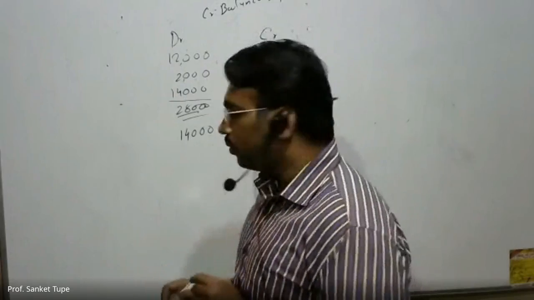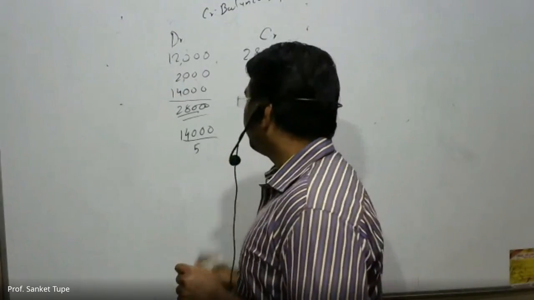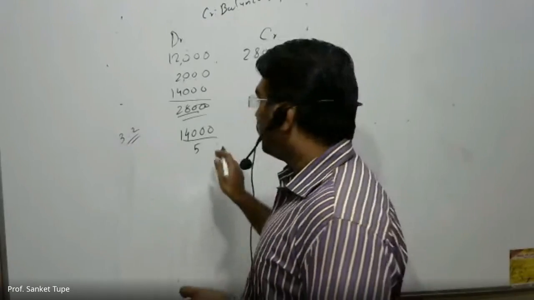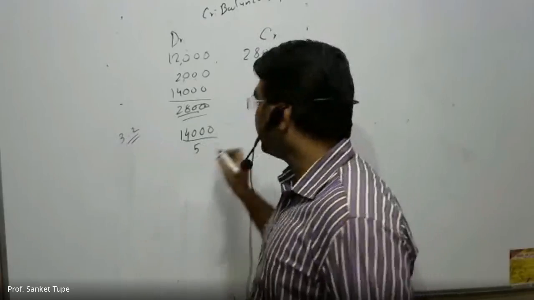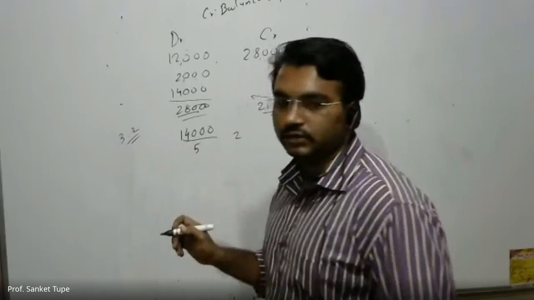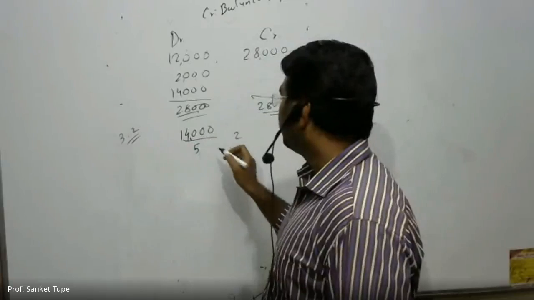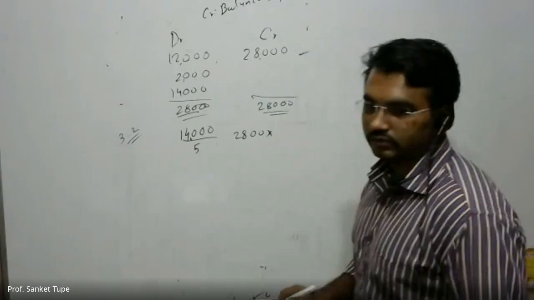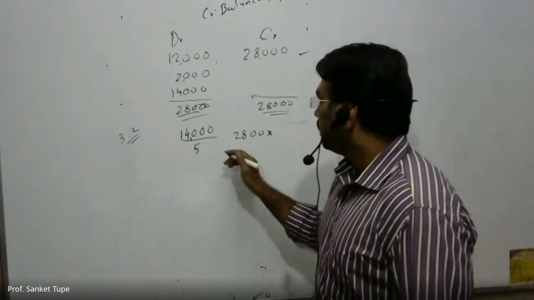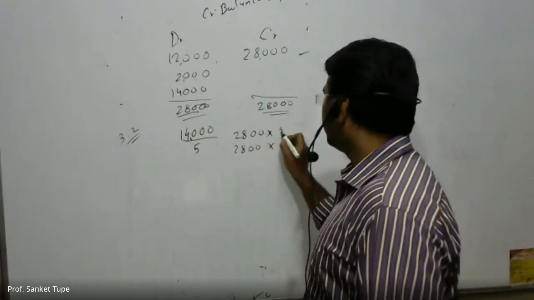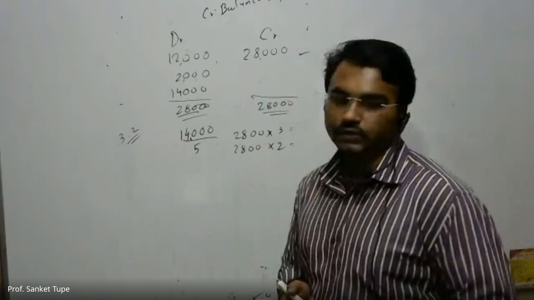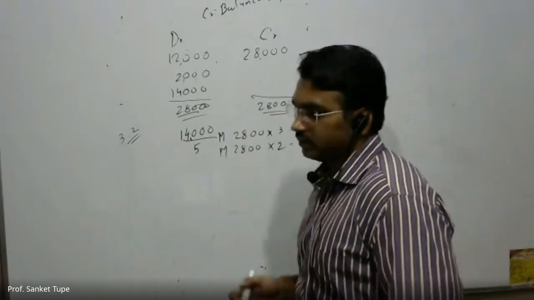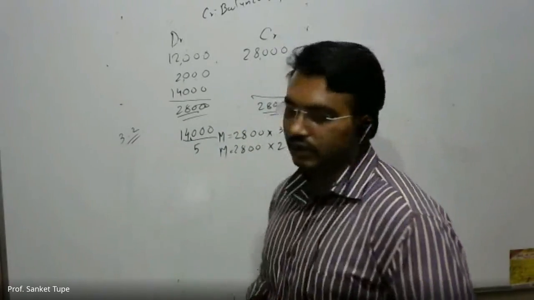the old ratio only, so 14,000 divided by 5, why 5, because 3 is to 2 is the ratio. So divided by 5, 4 is the remaining figure, then 5 eights are 40 and 2 zeros. So 2,800 per share, and 2,800 into 3 into 2 is the revaluation profit figures for Mahesh and Makarand. Okay, that will be distributed in the two partners.